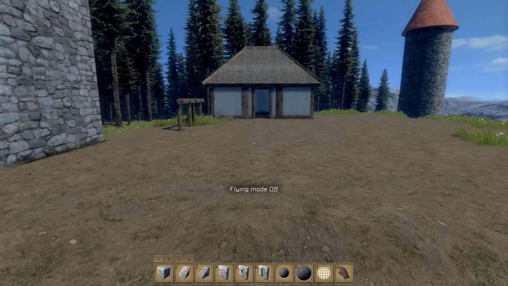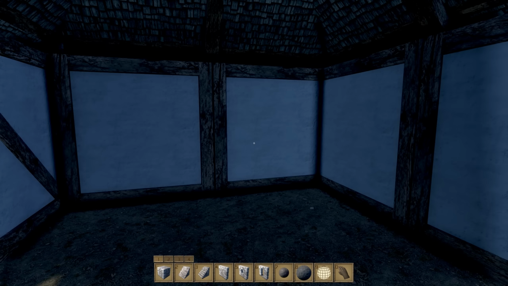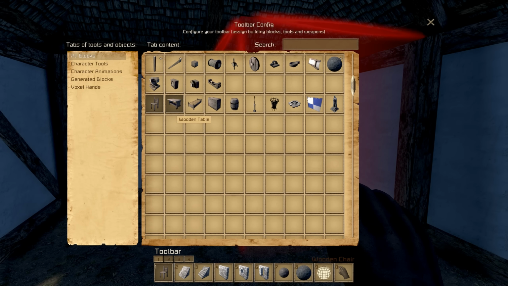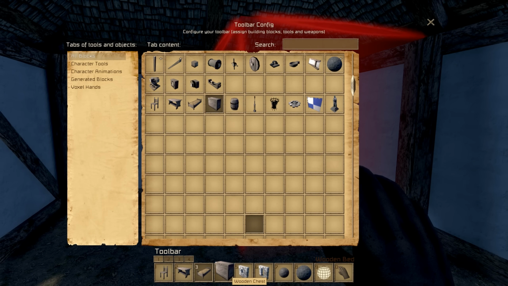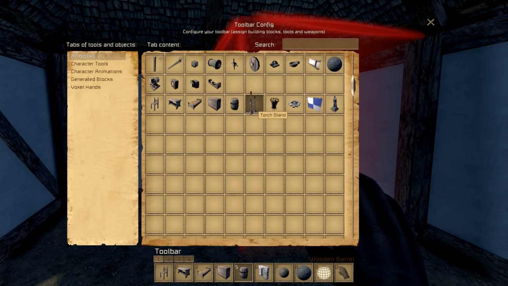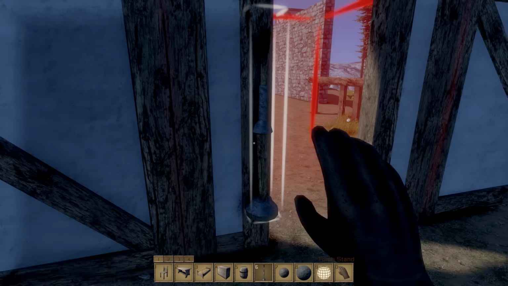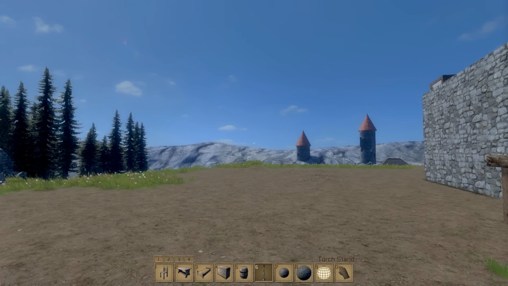Let's turn off our flying mode. Let's furnish our house, just to show you what we can do. So let's throw the wooden chair in our inventory, wooden table, wooden bed, wooden chest, wooden barrel, torch stand, bonfire we'll put outside, and later in the episode we're going to build something and then destroy it to show you